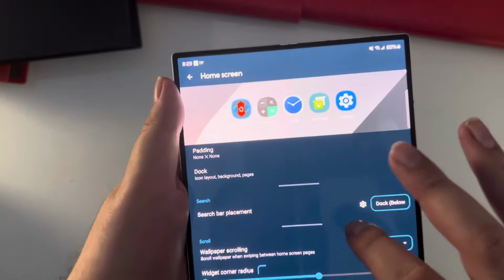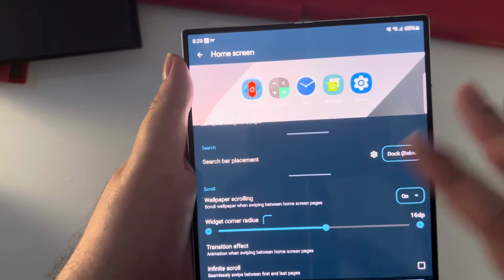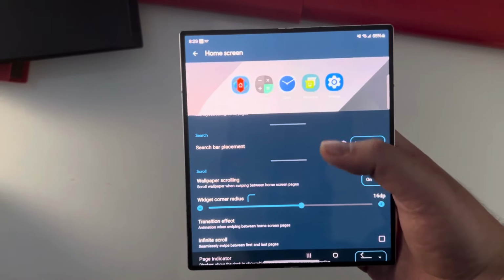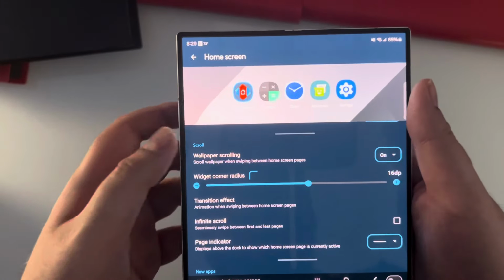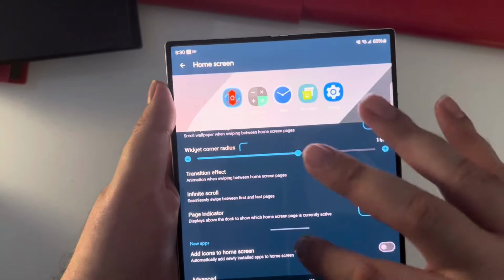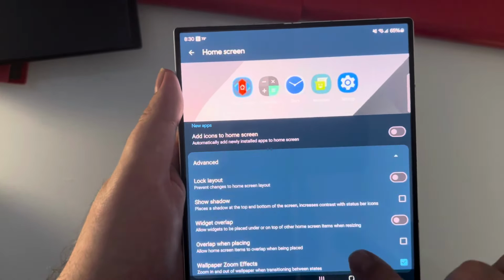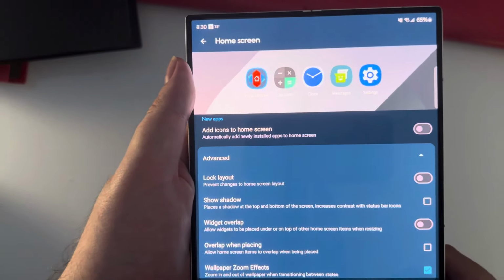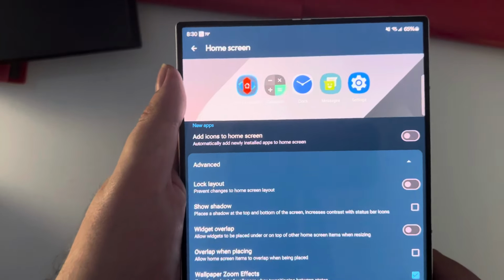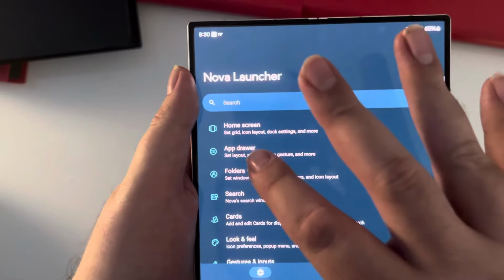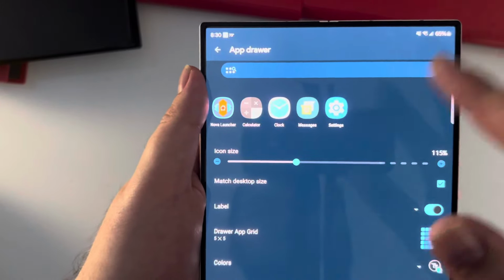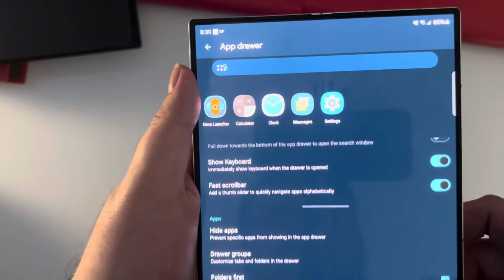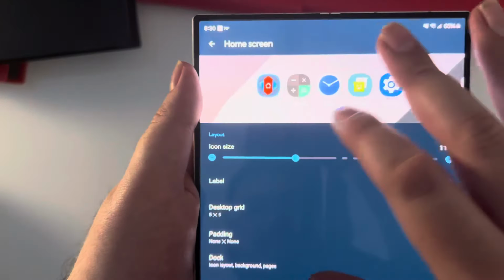Going down here, you have search bar placement, where you want to put the search bar for your Google search bar. You have widget corner radius. Literally, again, as you can see, a lot of different options. Lock layout, shadow, show shadow, widget overlay, all that kind of good stuff. You have app drawer, which again, you can change how big the apps are in that. And all that kind of